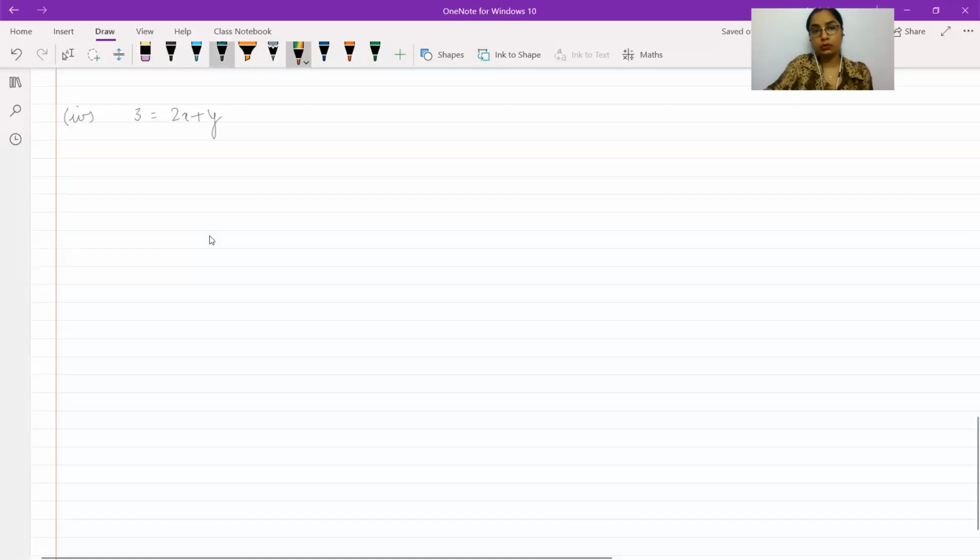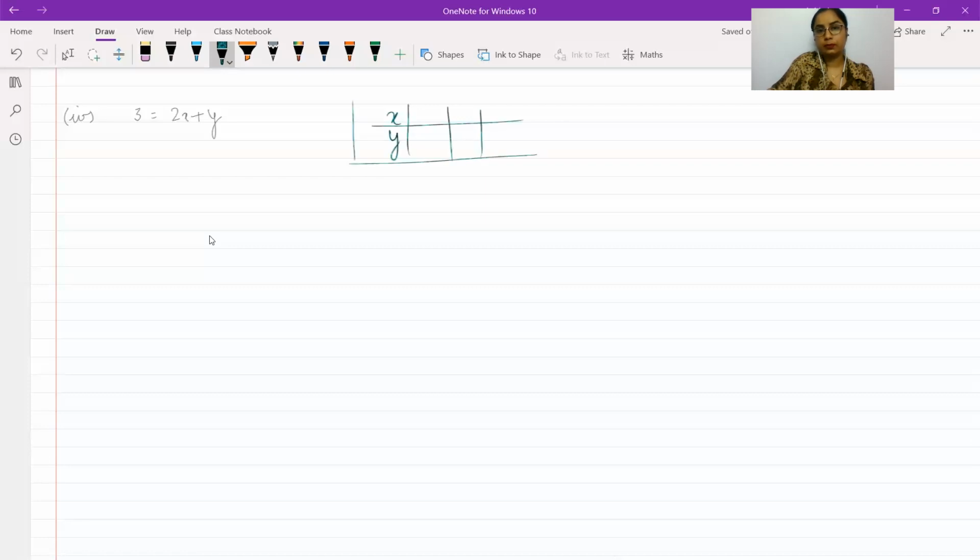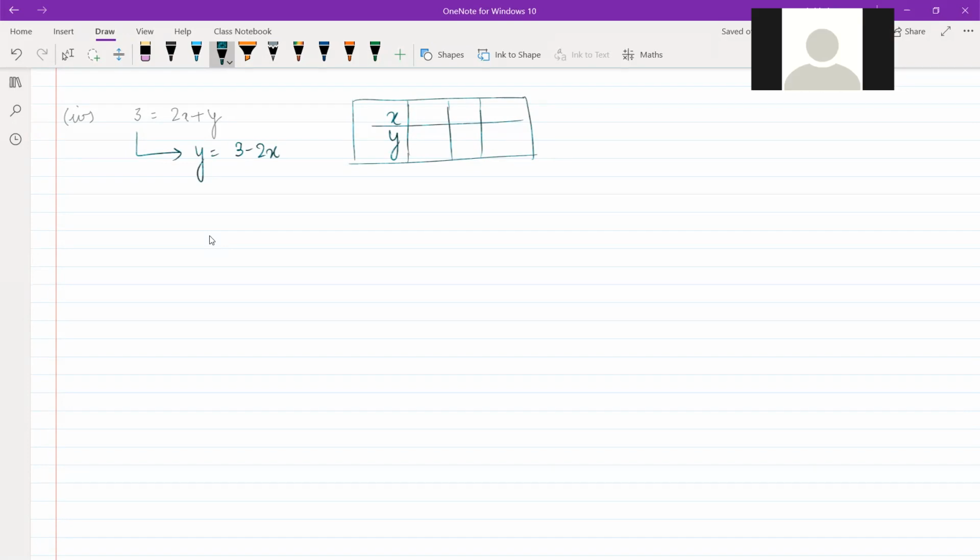Let's first of all find out the solutions for this. So I'm going to make a table of values. Up to you again, whether you want to put x and find y, or put y and then find x. I'm going to write y as 3 minus 2x. Is that correct? Yes, ma'am. Just to simplify my work, so that I don't have to deal with this given equation every time, I have rewritten it so that my simplification becomes easier. So I will only have to put the value of x on the RHS, and simplifying the RHS, I will get the corresponding value of y.